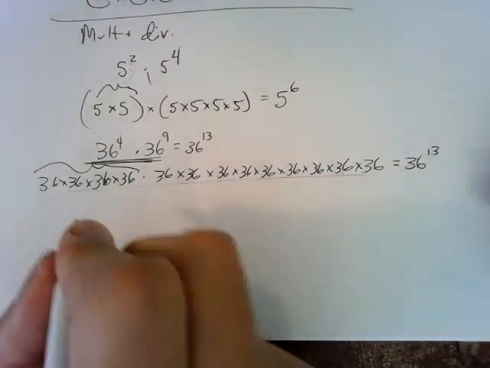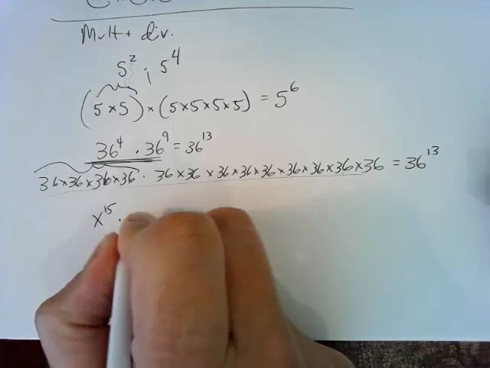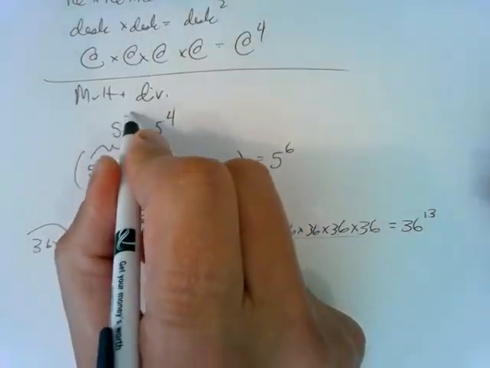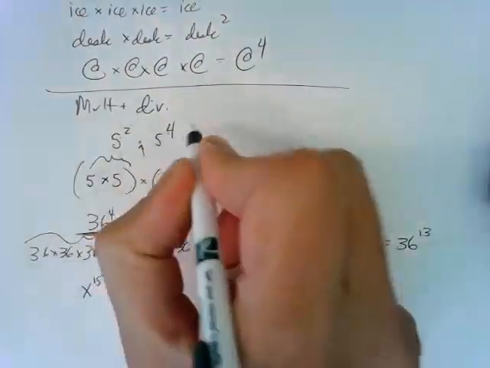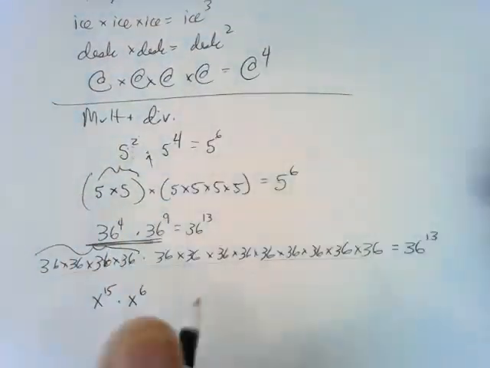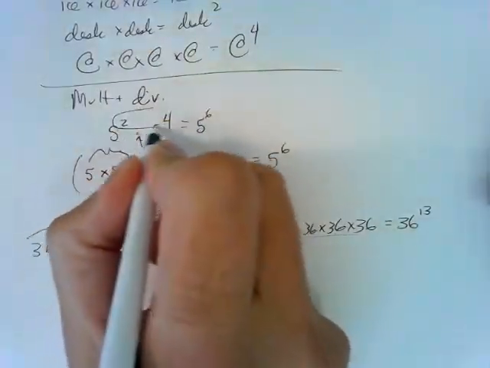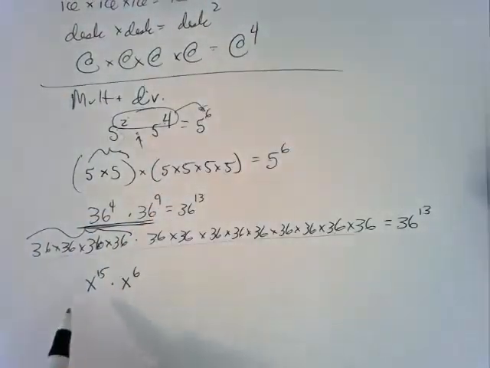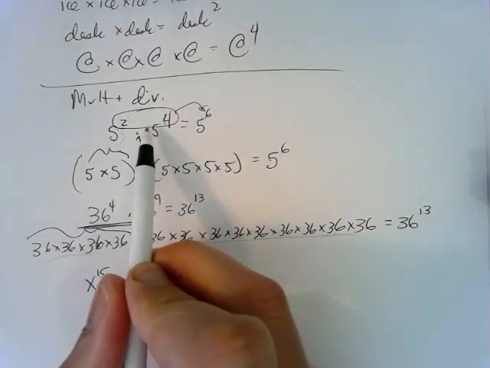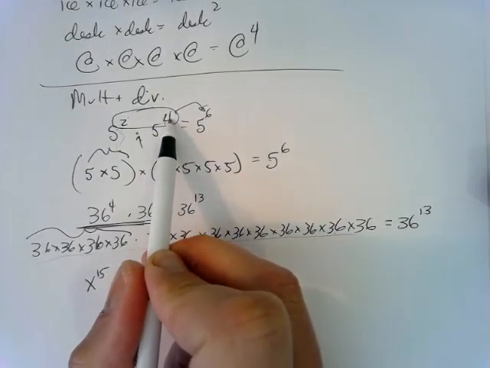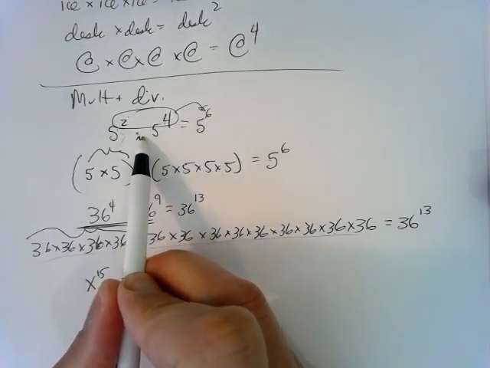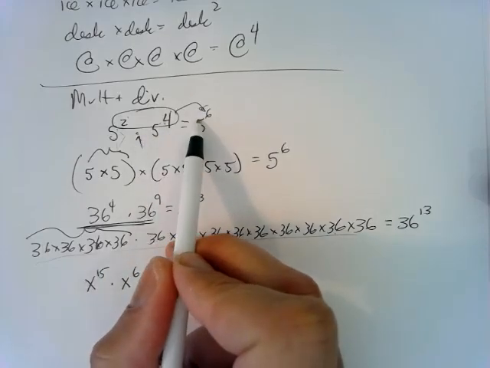More generally then, if we were to say something like x to the 15th times x to the 6th, we're beginning to see a pattern develop though. When we said 5 squared times 5 to the 4th, that ended up being 5 to the 6th. And it's not coincidental that 2 plus 4 is 6. So when we have a number raised to an exponent times that same number raised to another exponent, in the case of multiplication, we add the two exponents and that becomes the exponent